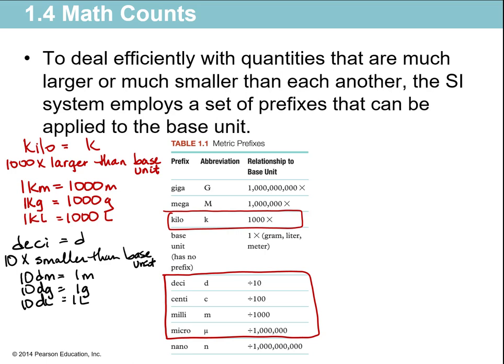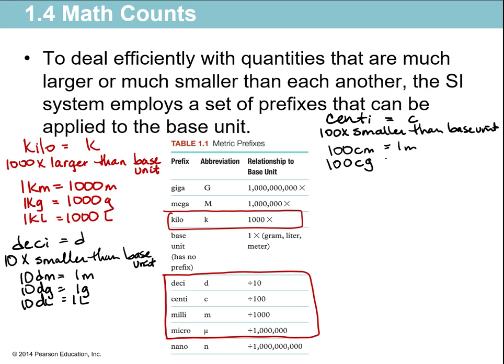These other ones follow the same. So centi is a little c. Centi is 100 times smaller than the base unit. That means it takes 100 centis to make a base unit. So I would have 100 centimeters to make a meter, 100 centigrams to make a gram, 100 centiliters to make a liter. So centi will always have 100 in front. Deci always has a 10 in front. Milli